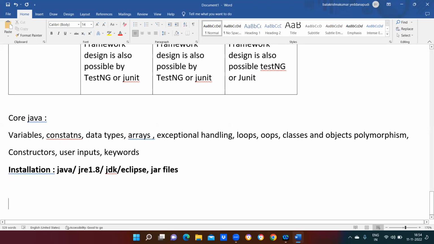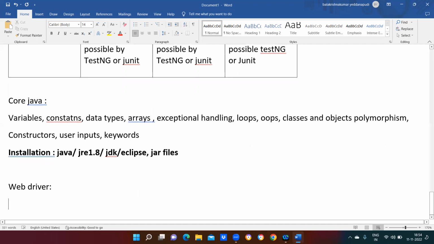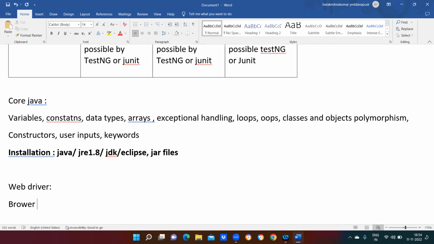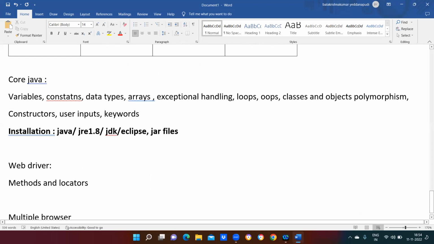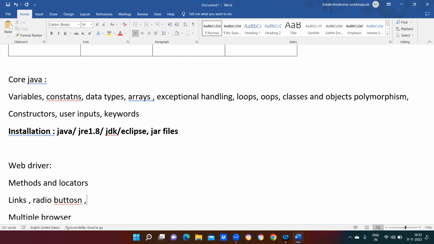Now, in WebDriver, the things we are going to learn: first we are going to work with how to run your application using multiple browsers. That is testing your application in multiple browsers. To go with multiple browsers, first we need to have your methods and locators. Next, how do you count the number of links? Radio buttons. Next, checkboxes, drop down elements,